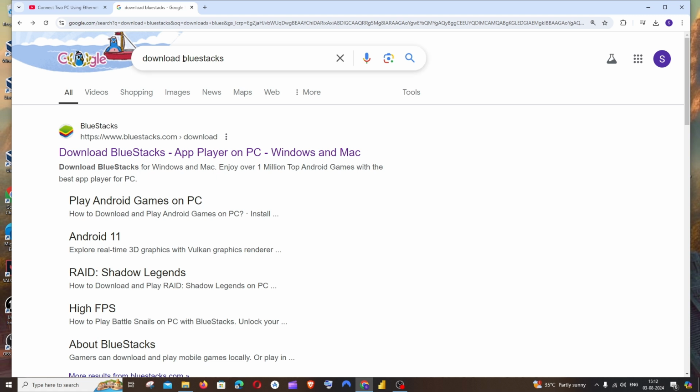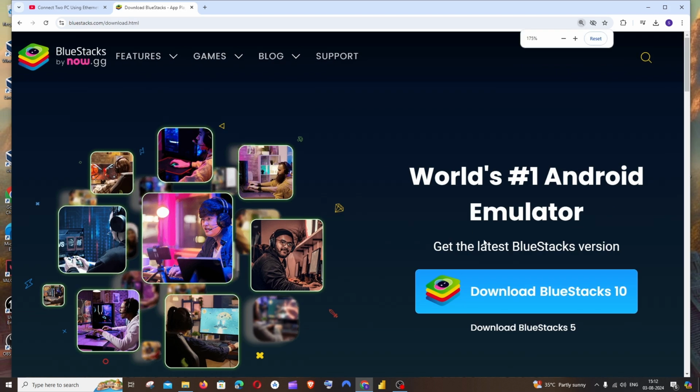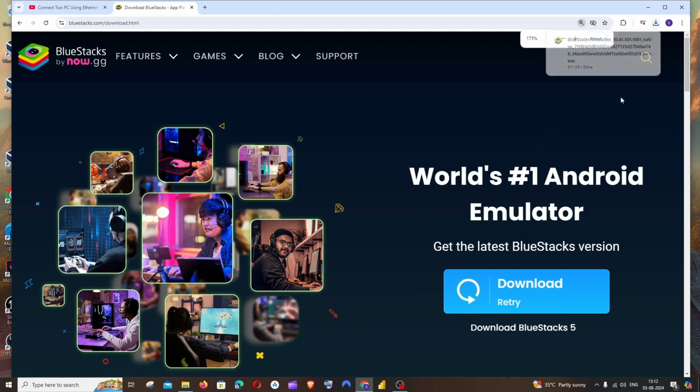So just Google download Bluestacks, you'll be getting the first link from bluestacks.com. Click that and just select download Bluestacks 10. This will give us the setup file like this. So just double click it, click on yes,